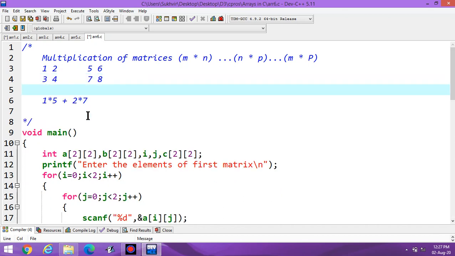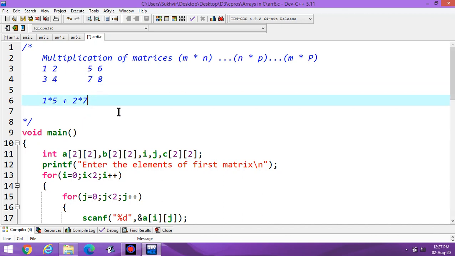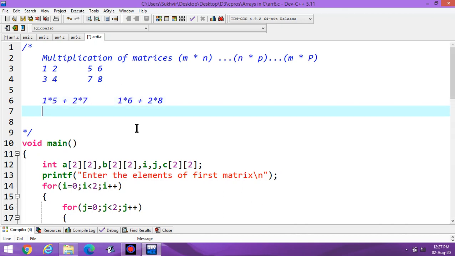First row is multiplied by first column: 1 into 5 plus 2 into 7. Then first row is multiplied by second column, and write here 1 into 6, then plus 2 multiplied by 8. What next?